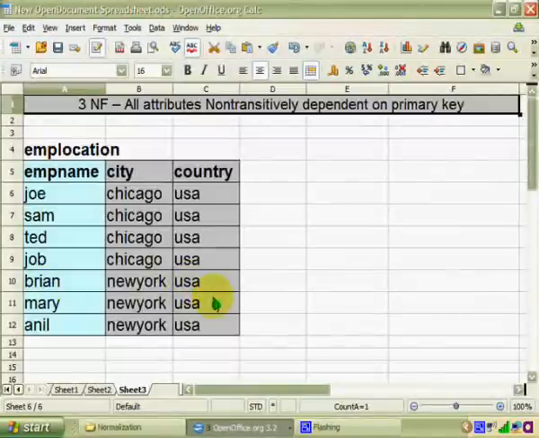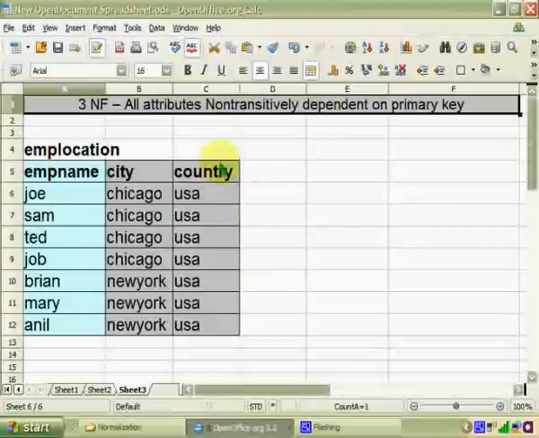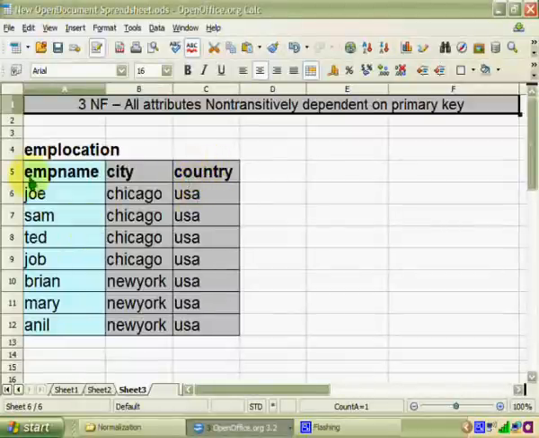So I should split my table now. I can just take out this whole country column and put it in another table which says that Chicago belongs to USA and New York belongs to USA. That will help me avoid writing this USA 7 times. So that's what I did here. All the transitive dependencies, the derivable things, whatever could be derived from existing information, I am removing that. Country can be derived from existing information, which is causing the transitivity and the redundancy.